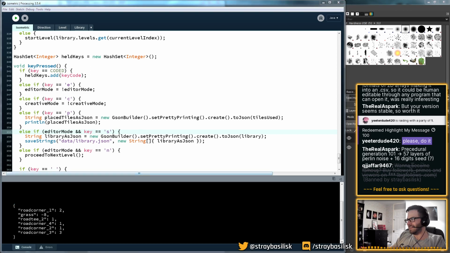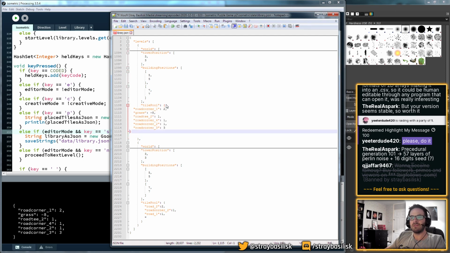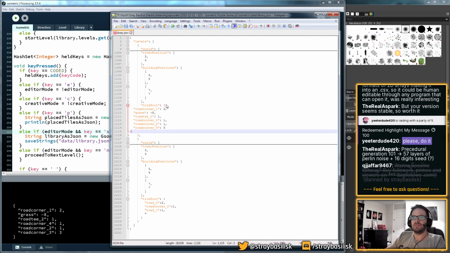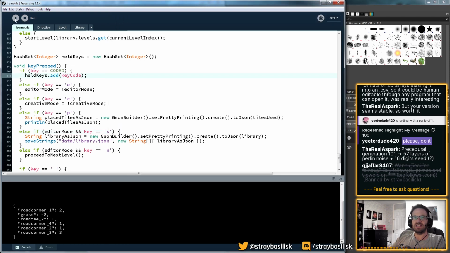Okay, grass is kind of a special case there. Then I can put that back into the level, like so. Please auto format. Right, I can ditch that. And now hopefully when I load this back up,